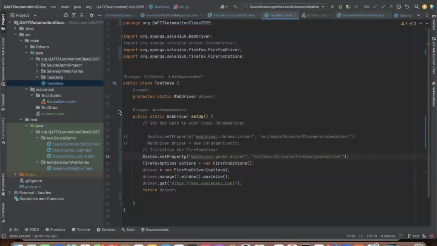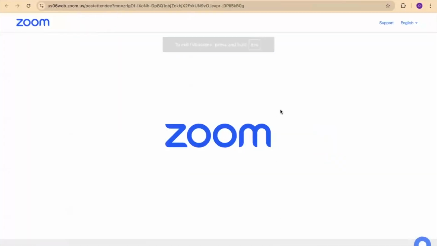And I said we are going to add this when we are working on the framework itself. So how do you do that? It is part of a bundle called